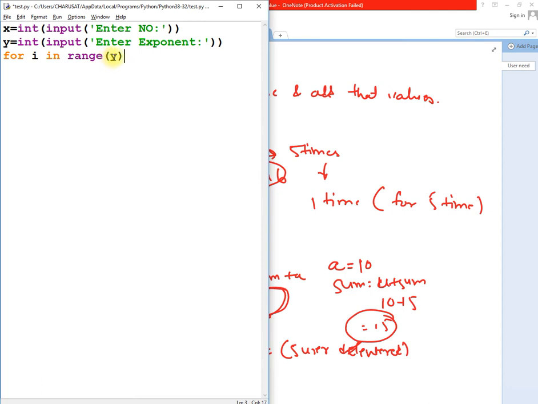This is the number of times I am going to run this loop. How many times? y times. Why? Because the exponent is y. So each time I will update my result with the old result multiplied by x. This is how I am going to do this.